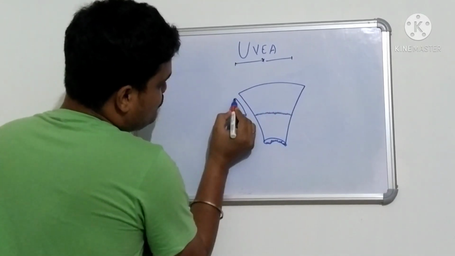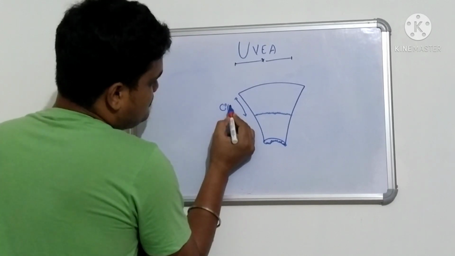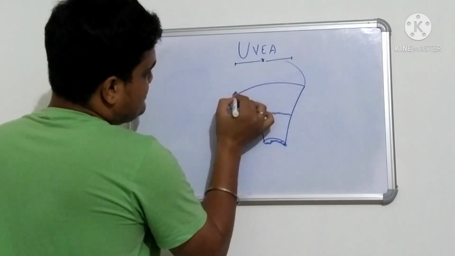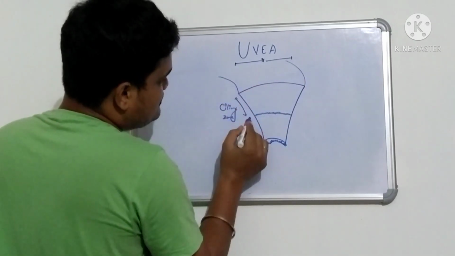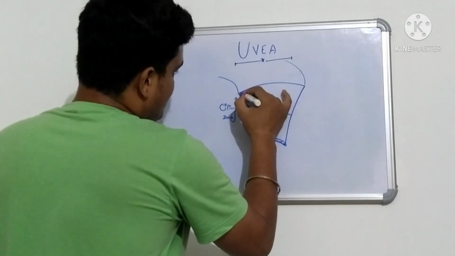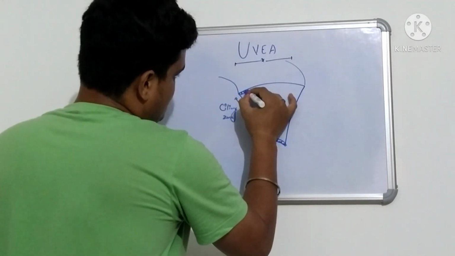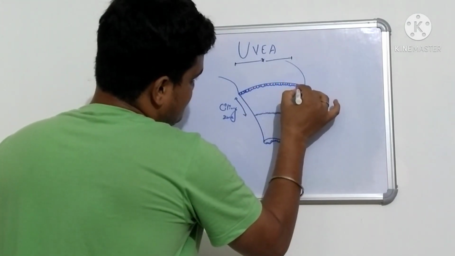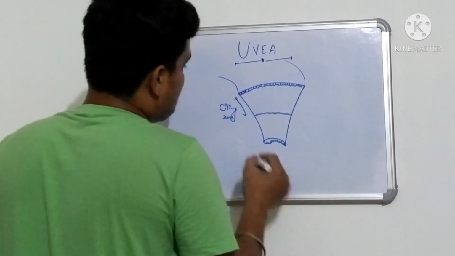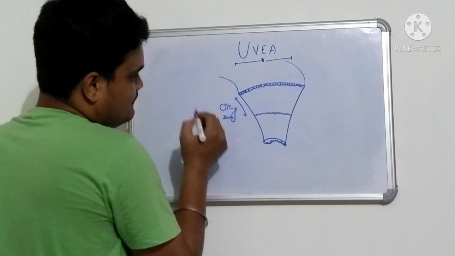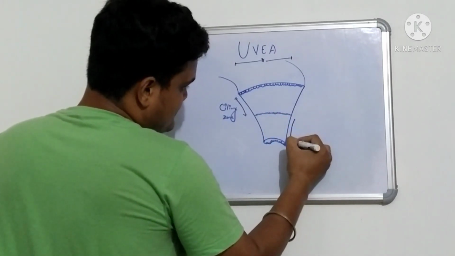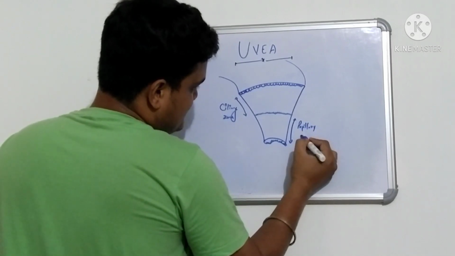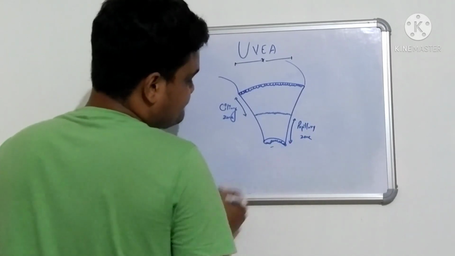First, this zone is known as the ciliary zone, because after that it is connected with the ciliary body. That is why this zone is known as the ciliary zone. And here somewhere the iris roots are present, in this part where the ciliary body terminates. That is why this part is known as the ciliary zone, and this lower section is known as the pupillary zone because it is connected with the pupil here.